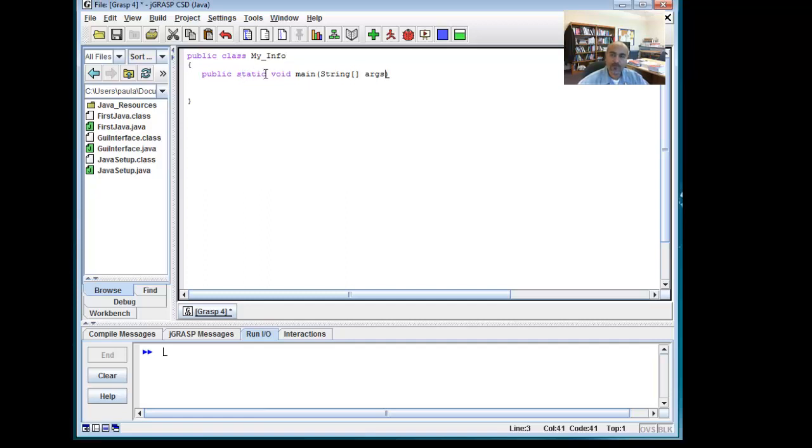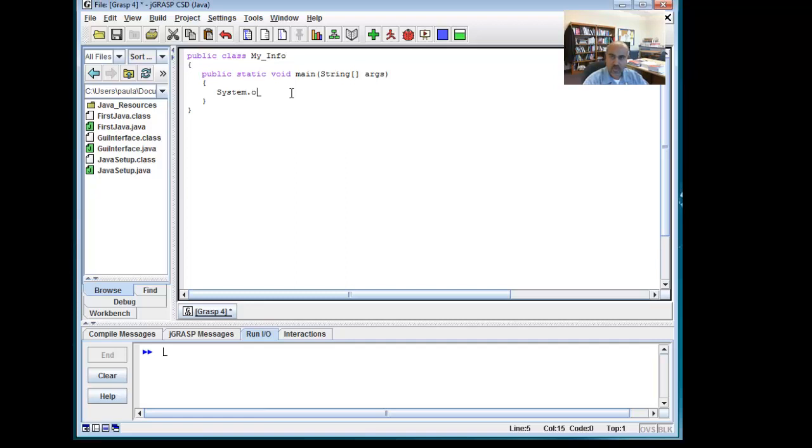However, we will talk more about the static later on. Void means that it is not going to return anything from the main method. And of course, the main method would also have its own body enclosed within the curly brackets, just like your class. And inside, I'm going to write a very simple print line statement, and in Java we're going to say